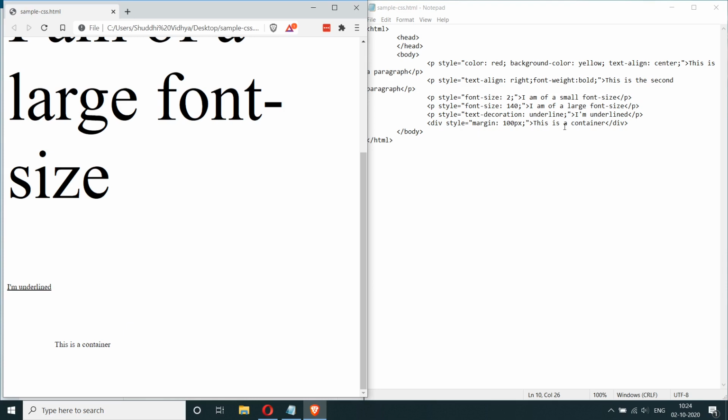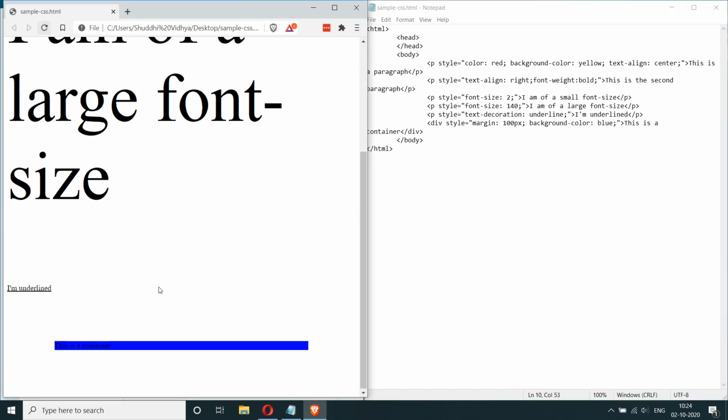This is how margin works. Now you can also specify background color, and I'm also going to say color is white so that we can actually read the text.